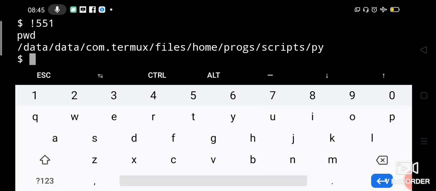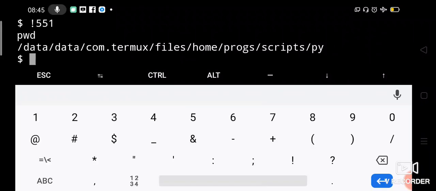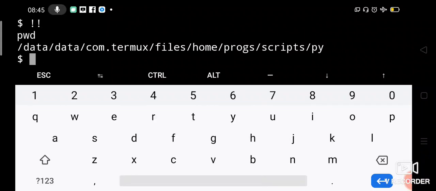Also you can repeat the previous command just by executing double exclamation. The previous command is pwd itself, right? So that is executed again. So this is how you can use the history command. Is that wonderful?